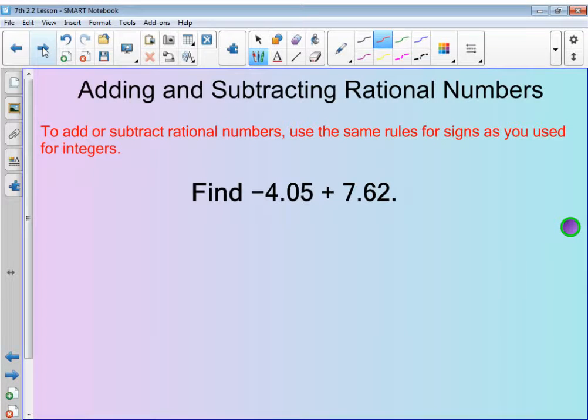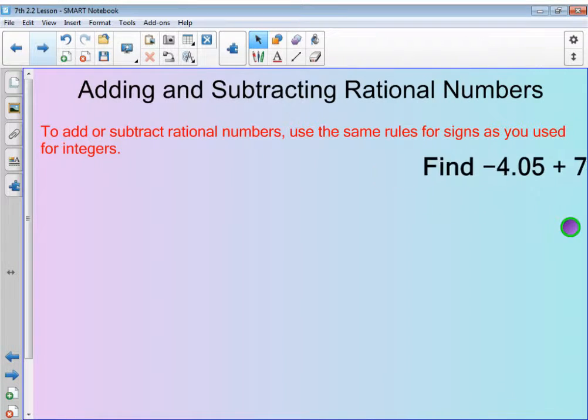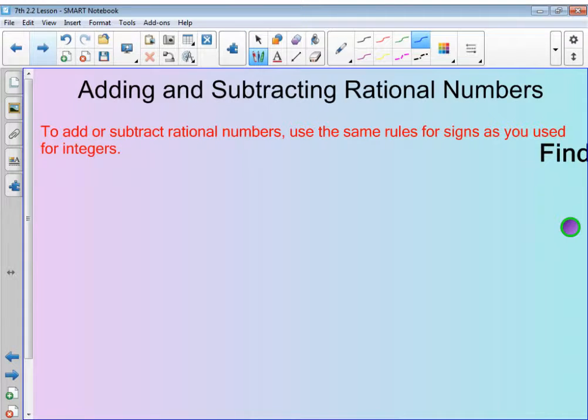Okay, so before we get started in on rational numbers and adding and subtracting, I want to review with you really quick the rules for when we add and subtract integers. Let's do a minus 17. Okay, so here I've got, when we worked with adding and subtracting integers, we always looked at the symbols